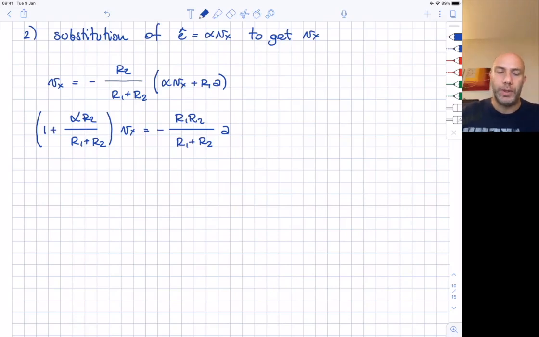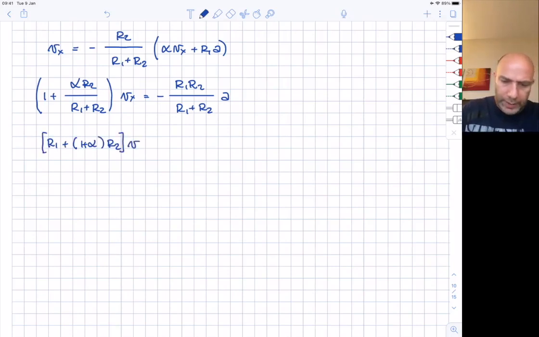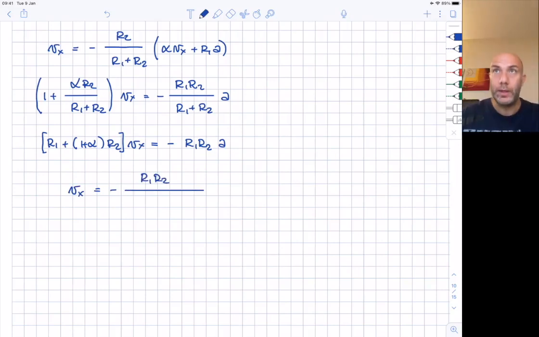If we apply the common denominator, we can also simplify this denominator from the left-hand side and the right-hand side, and we have R1 plus 1 plus alpha R2, Vx equals minus R1 R2 A. So we have the final value of Vx as minus R1 R2 divided by R1 plus 1 plus alpha R2, A. And this is the value of the voltage Vx that is the controlling variable in our circuit with dependent